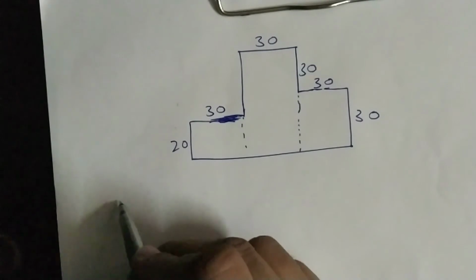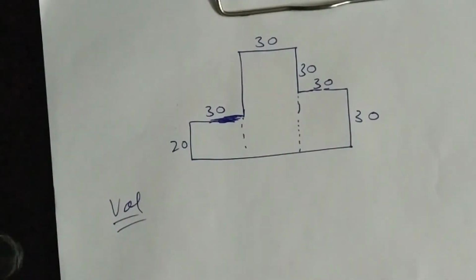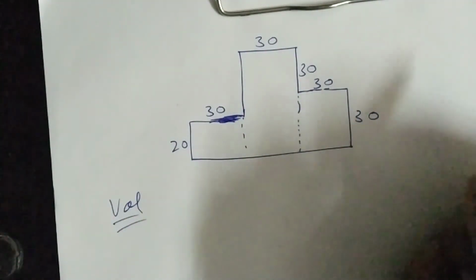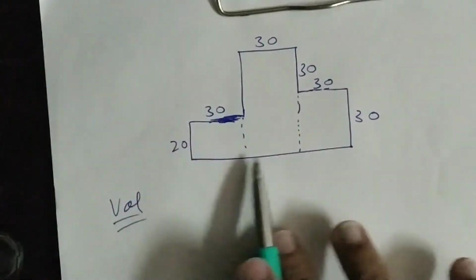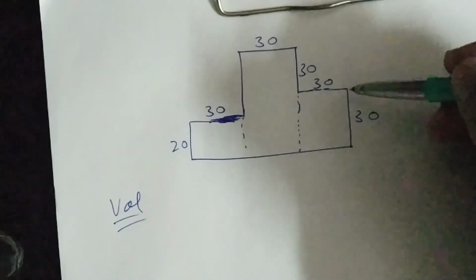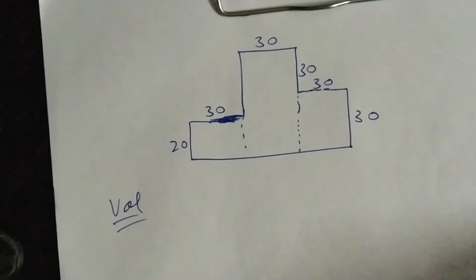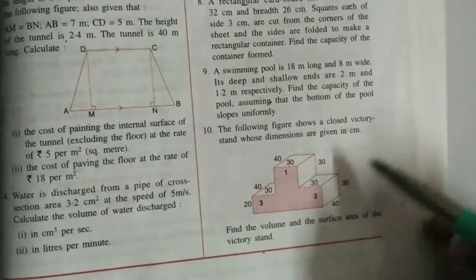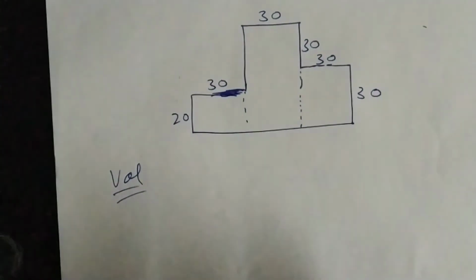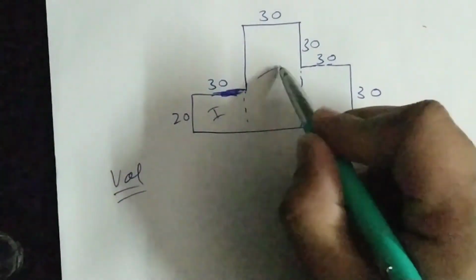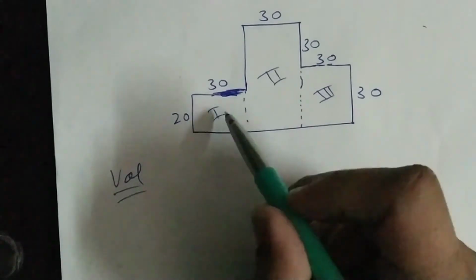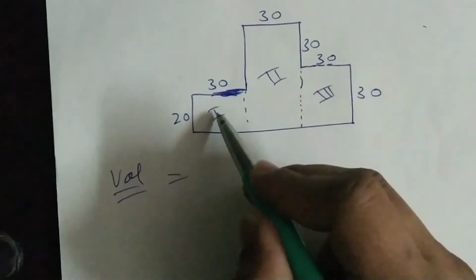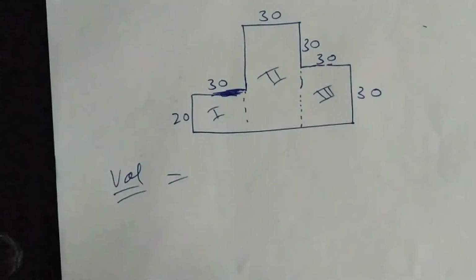Okay student, first part, volume, we have to calculate volume. So for calculating volume, we will split this figure into 3 parts. Now you have to remember that this is the cross section and length is always 40. I have not drawn the length, that is drawn in your book also. So this length is always 40. Now this is your first block, this is your second block, this is your third block. You can also write ABC block. So for calculating volume, we have to find volume of these 3 blocks and then add.